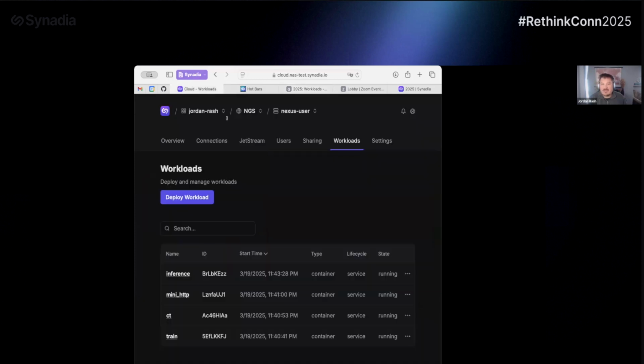All right. So now we're looking in Synadia Cloud. Looks very familiar to everything Seth showed earlier, except we have this Workloads tab. And if you look at what I've got deployed here, you'll see that it mirrors Scott's demo he just did for us. And in fact, it is Scott's demo. The only difference is I don't have a camera, so I have a load generator.